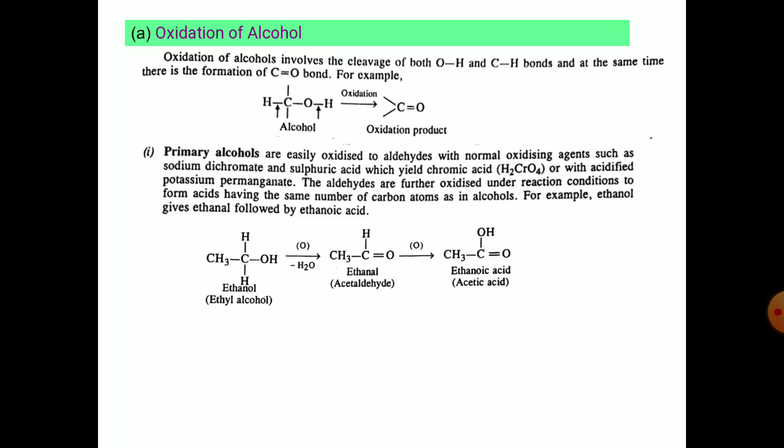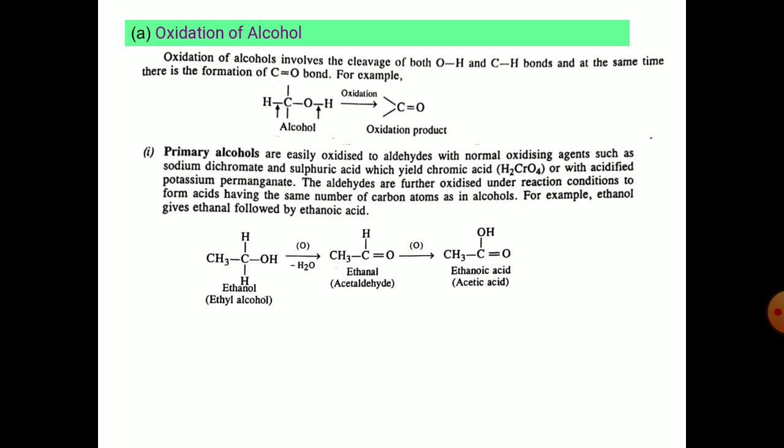That means one H from carbon and one H from O will go with the oxygen to form a water molecule, and CH3CH double bond O is formed, which on further